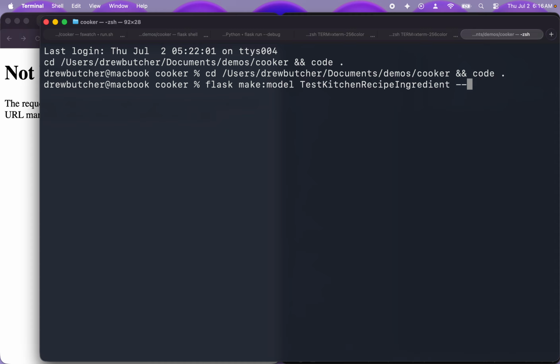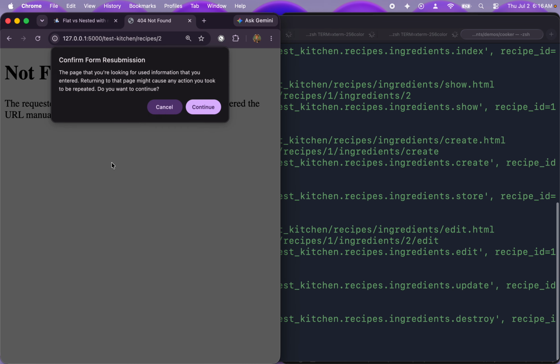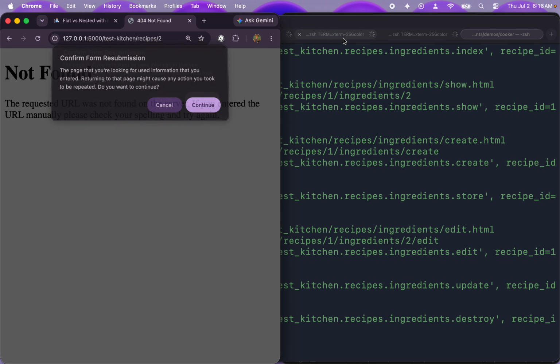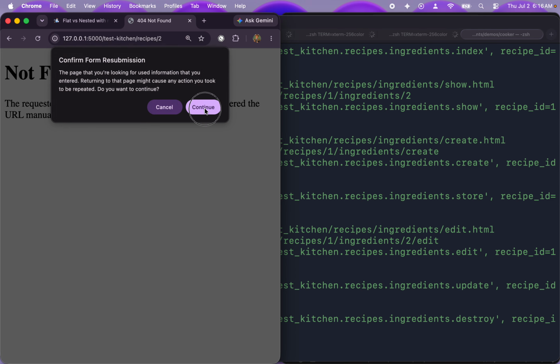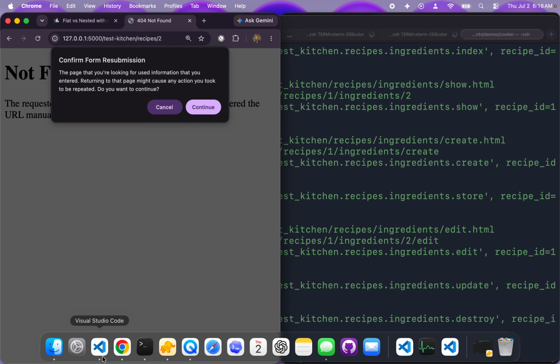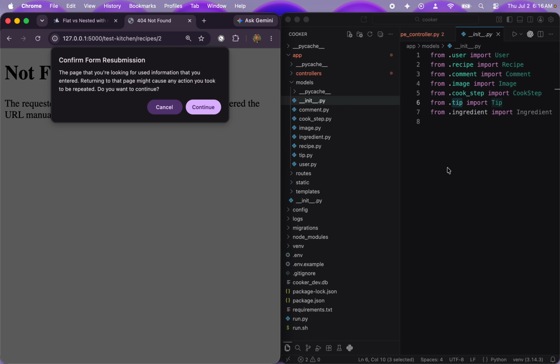Okay, and then I want full RESTful actions on that. So CRUD. And then I want it nested. And that's all I need. All right, so that's gonna reload a whole lot of things. Browser's like, what is going on? Give it just a second because you wrote a ton of files. But that gets you ingredients, and then under your controller,